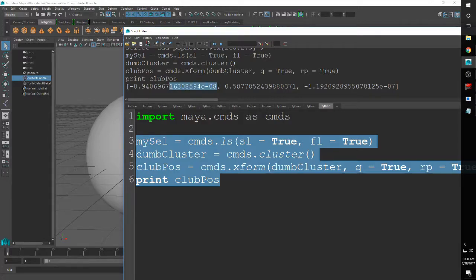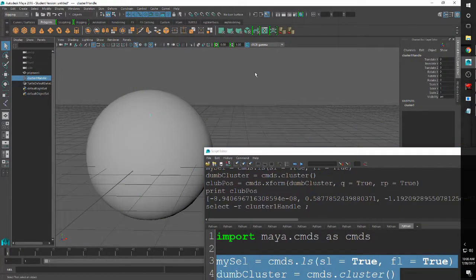So we have this is basically 0. I know it's a bunch of numbers, but it's basically just like 0 with 8 decimal points and then this. So it's basically as close to 0 as it can get. 0.57 in the y, and then this is basically 0 as well. And if we check,